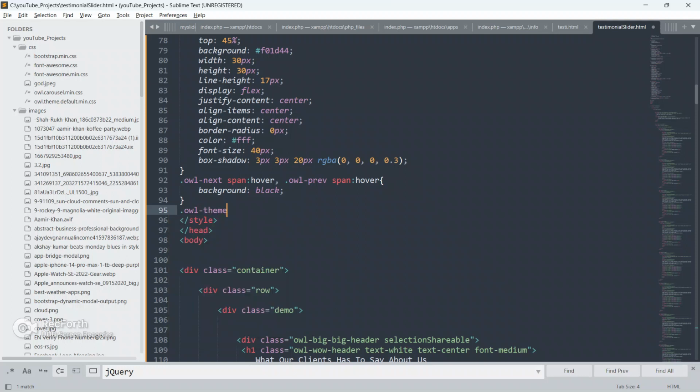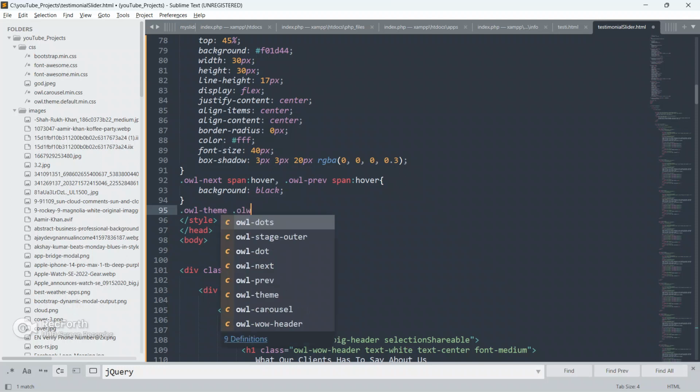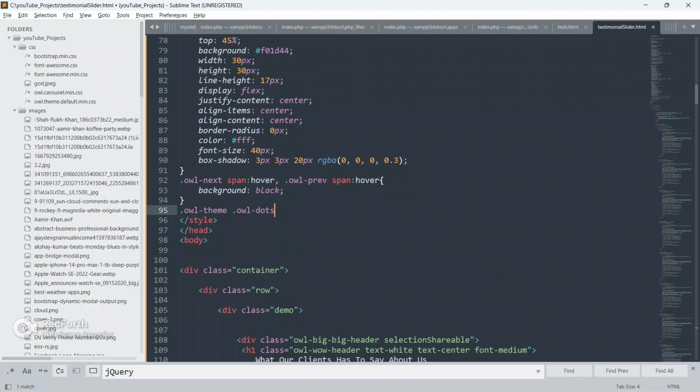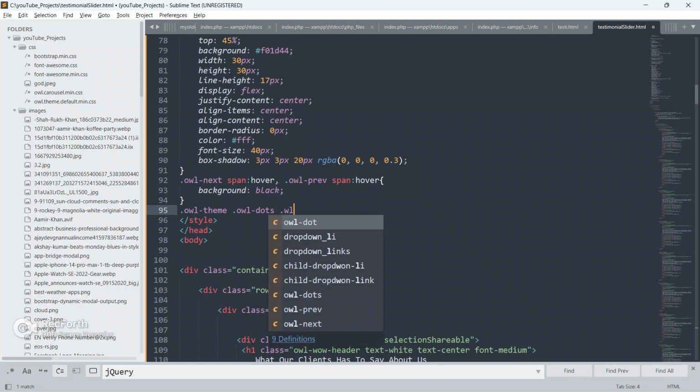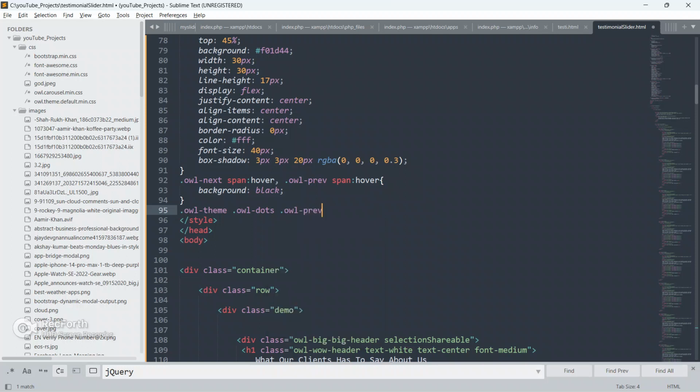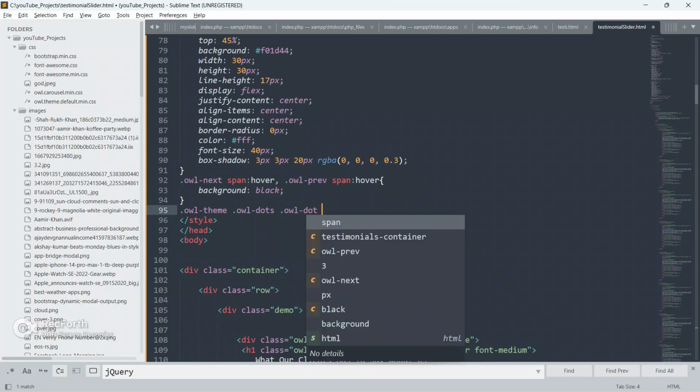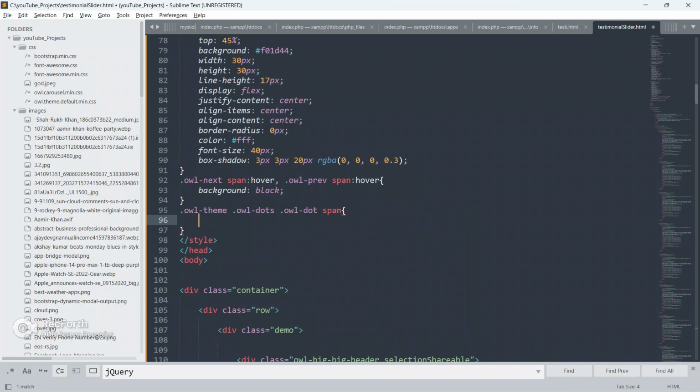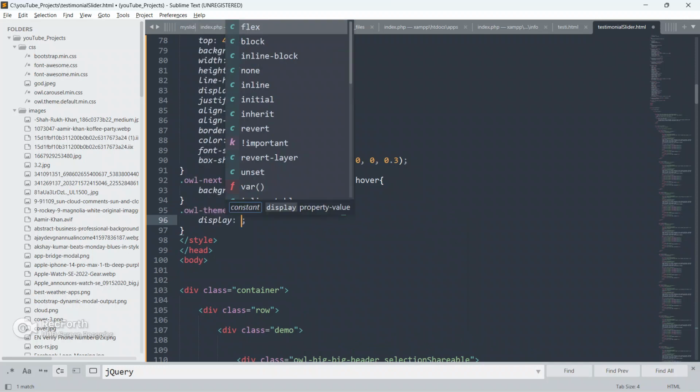all theme, all dots, all prev, all prev, all dots and all dot span. Okay,